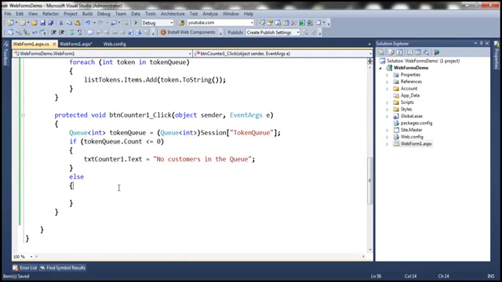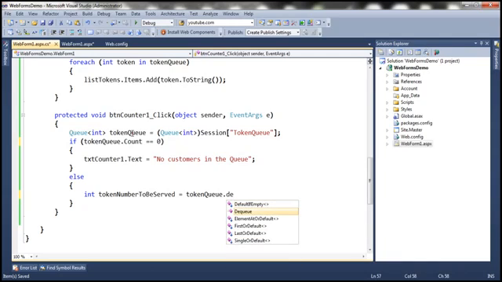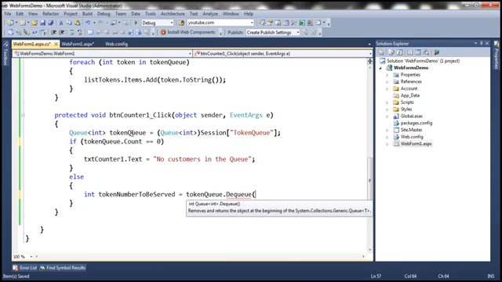Now, or we can simply say 0, because if there are no items in the queue, the count will be 0. So if it is 0, we want to display this message, no customers in the queue, within the text box control. Else, if there are items in the queue, then what should happen? The first thing is to dequeue the token number from the queue. So int tokenNumberToBeServed equals tokenQueue.Dequeue. And what is this method going to do? It's going to remove the item that is present at the beginning of the queue,